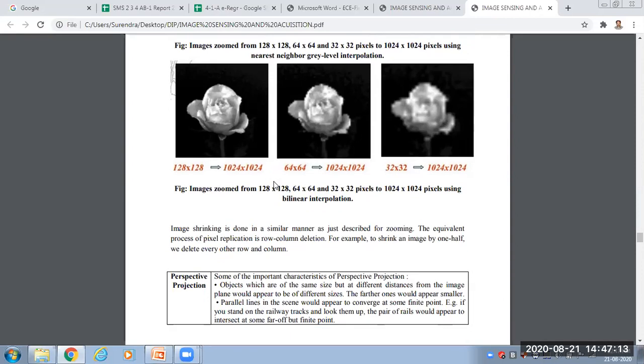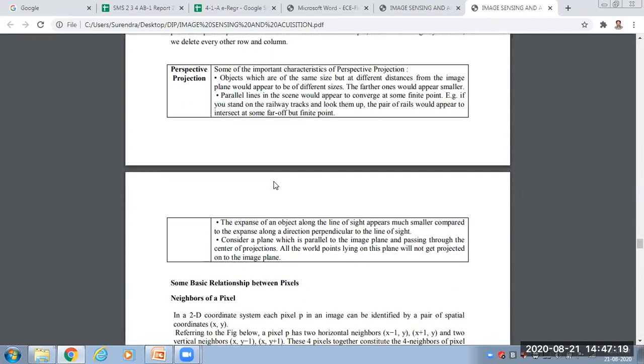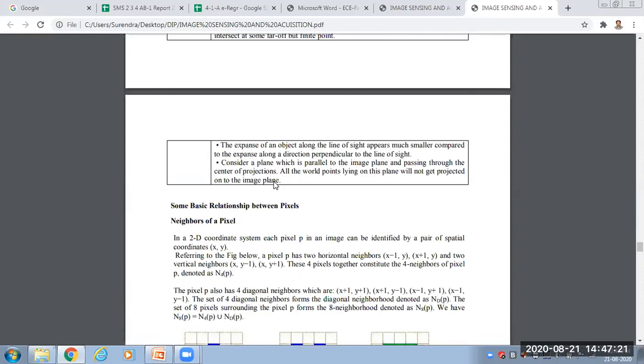In the next class we are going to discuss the basic relationships. What are the basic relationships of pixels in our image, that means neighbors, diagonals, and so on. Those can all be discussed in our next class. Okay, with this we are concluding